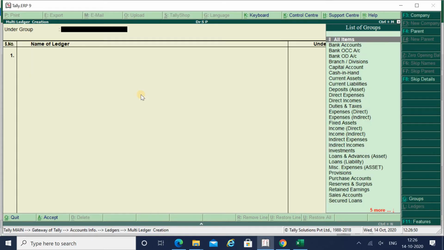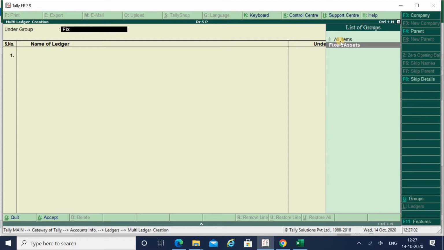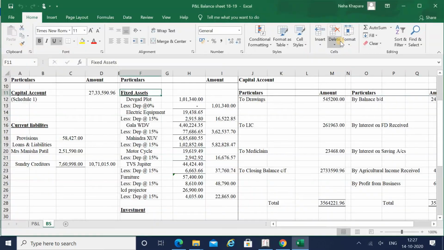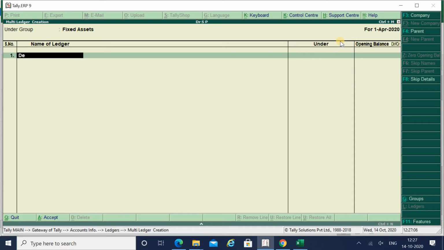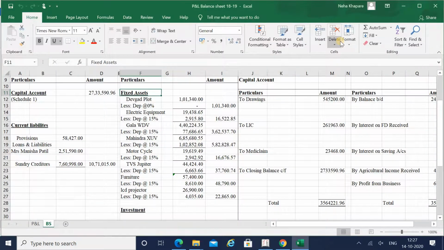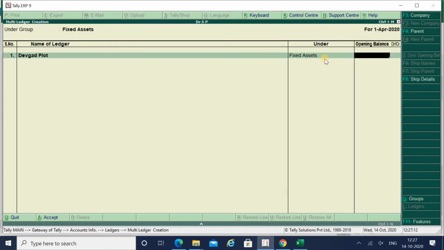When you are entering details under the multiple ledger option, you can either select all items, which means every entry will get selected for entering the opening balances. But if you select fixed asset, then you just have to enter the fixed assets only. See, the group is selected automatically.